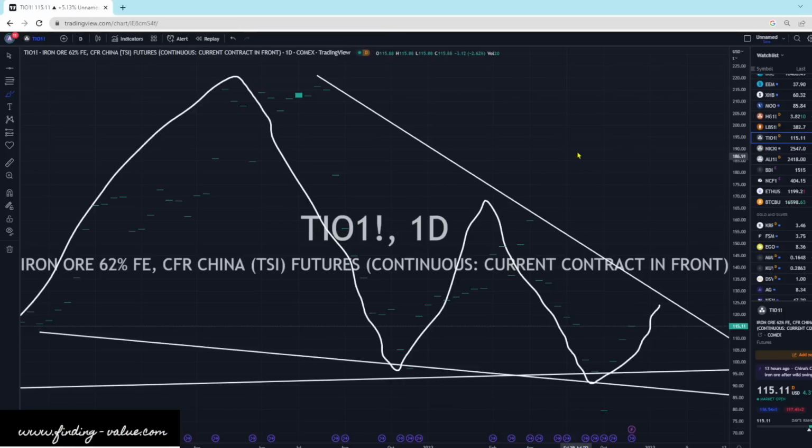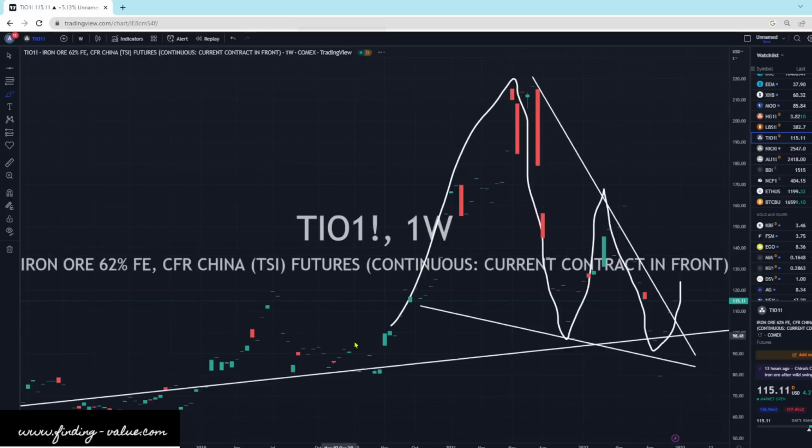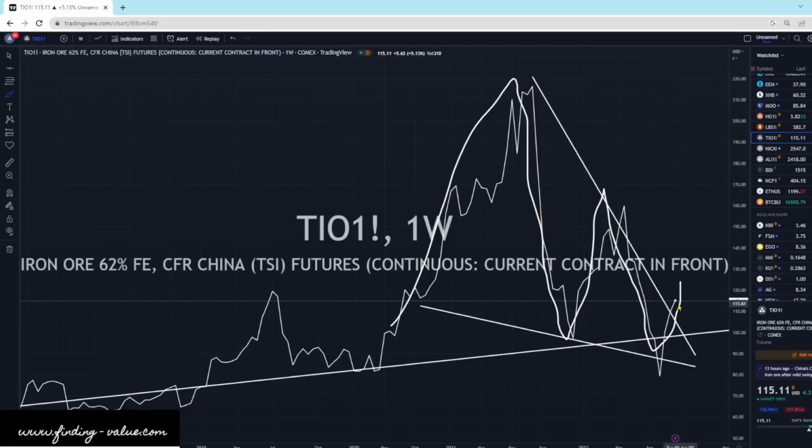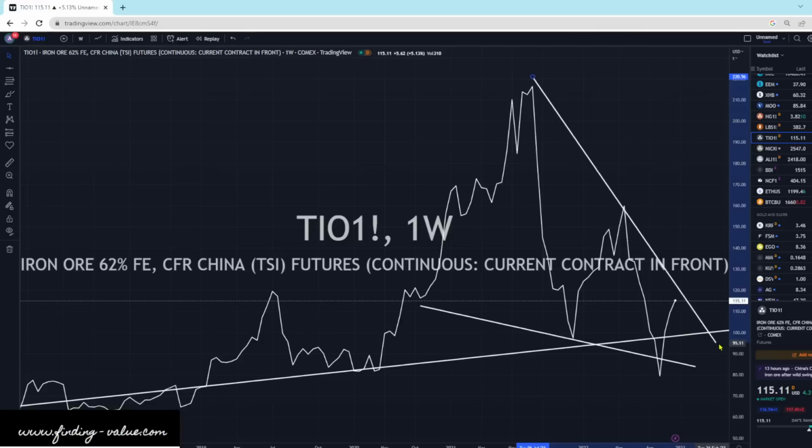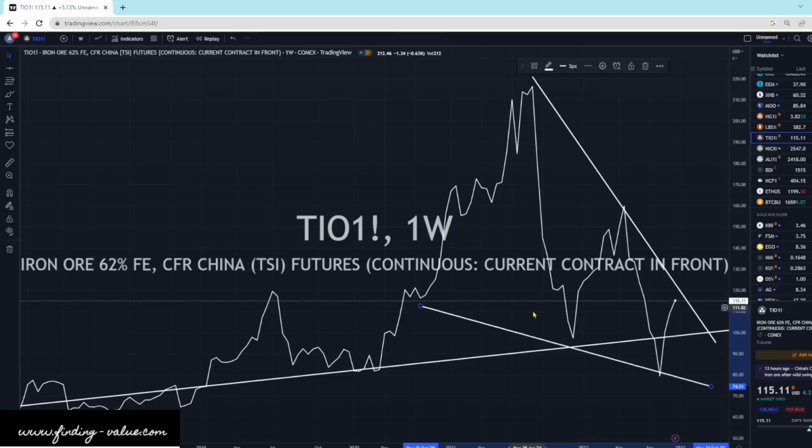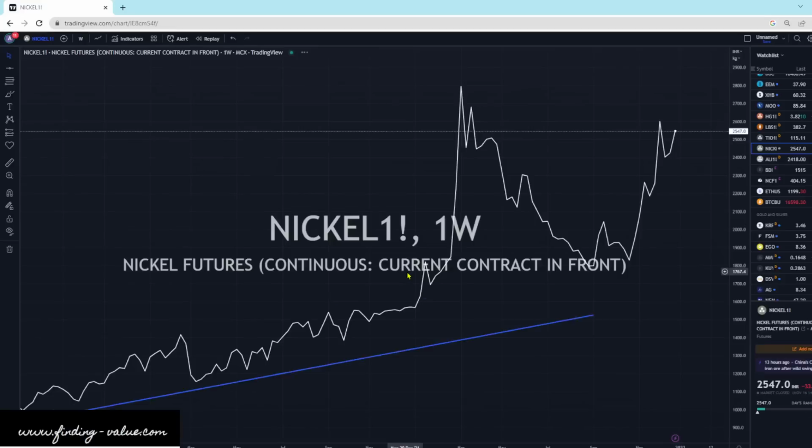Iron ore up 3.89%. This guy's a beast. Here, let me put the lines in there. There's the line, so you can see it now. Let me take this chicken scratch out of here. There's the line where we've broken to the upside. We've got the three-wave correction. Not necessarily complete. You could draw it a little bit more, but that's what it looks like right now. Iron ore, I still think will go up over time. Still looks good in the falling wedge.